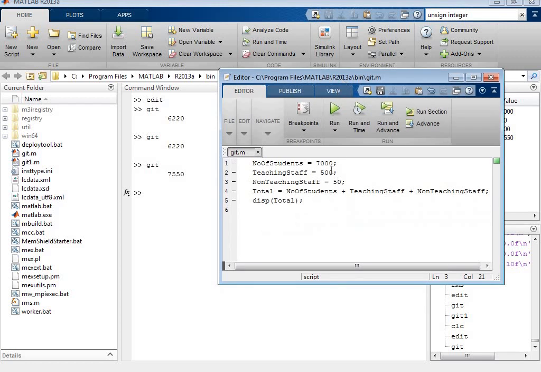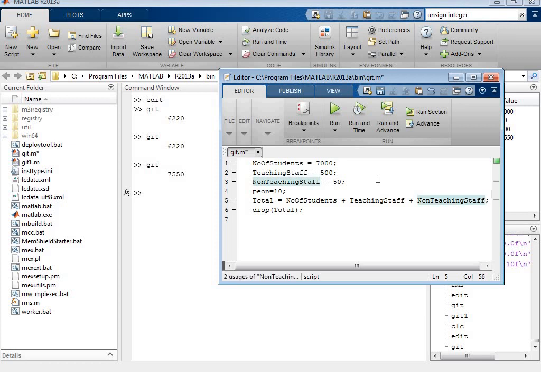If you want to edit any column or add a column, like I am adding here, Eon equal to 10, and add Eon to the total, just save and execute.